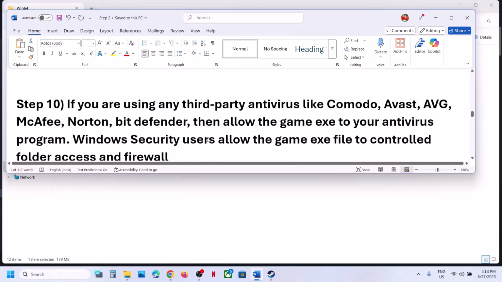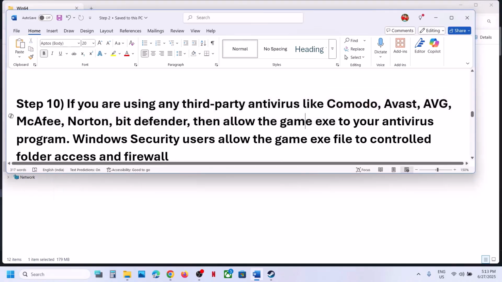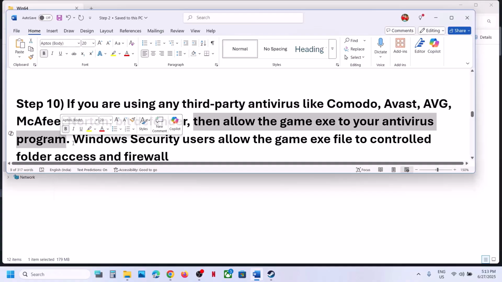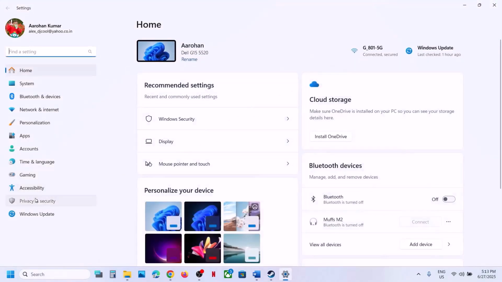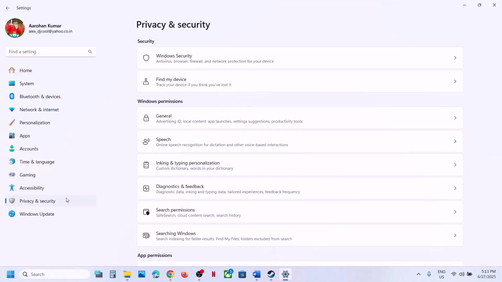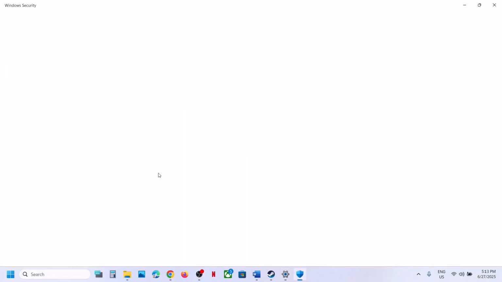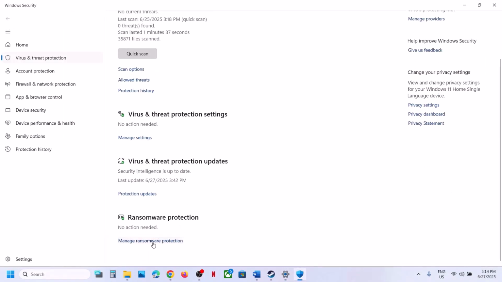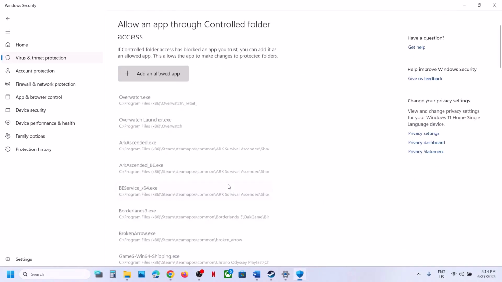Now the next step is, if you're using any third-party antivirus like Avast, Norton, Bitdefender, McAfee, whichever antivirus program you have, allow the game exe file or the complete game folder to your antivirus program. Now if you're using Windows security, in that case you can open Windows settings, go to privacy and security. If you have Windows 10, click on update and security, then click on Windows security, click on virus and threat protection. Scroll down at the bottom, you will see manage ransomware protection. Click on it, click on allow an app through control folder access, click on yes to allow,